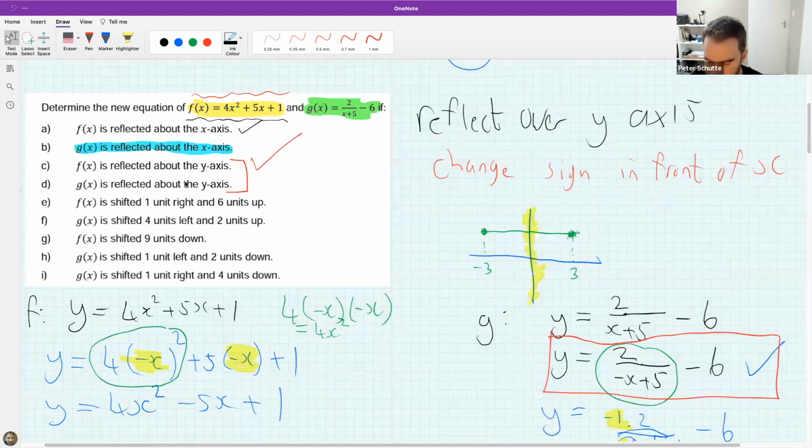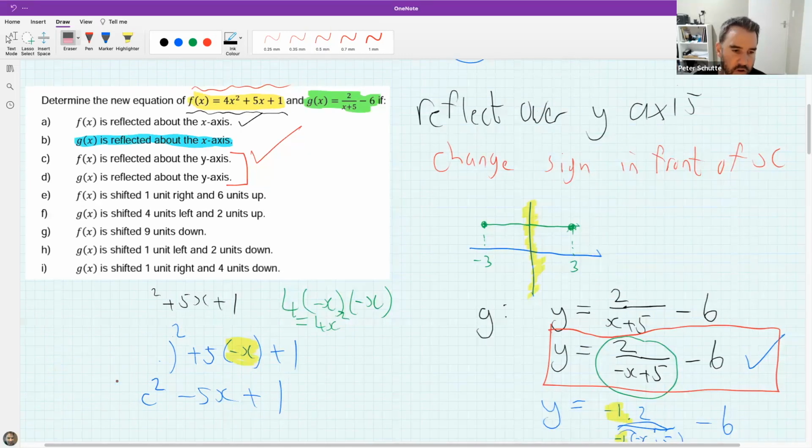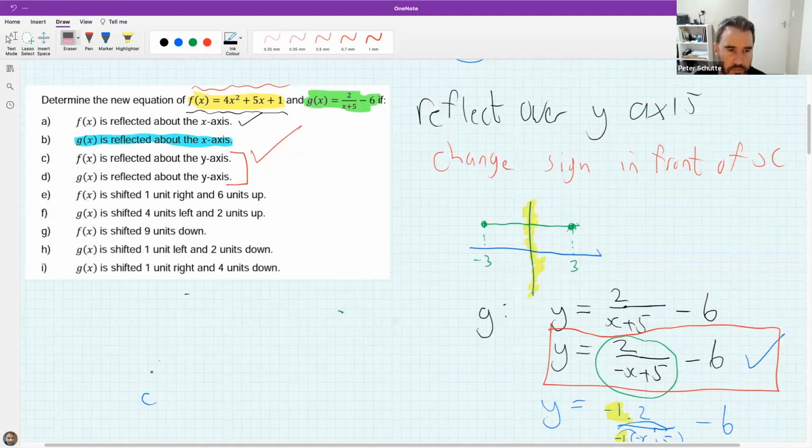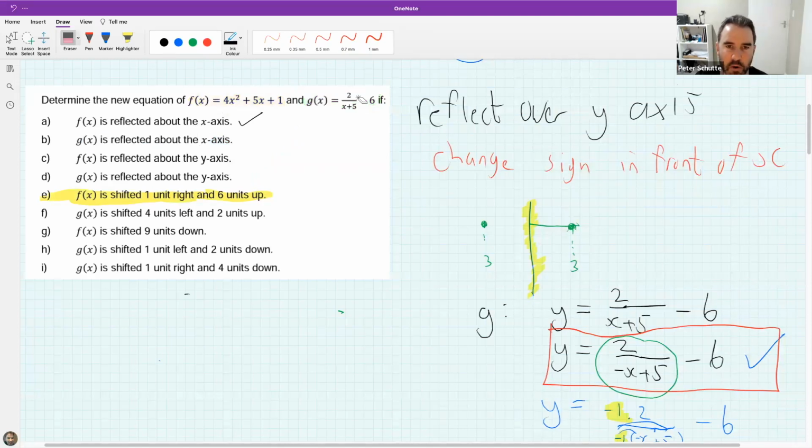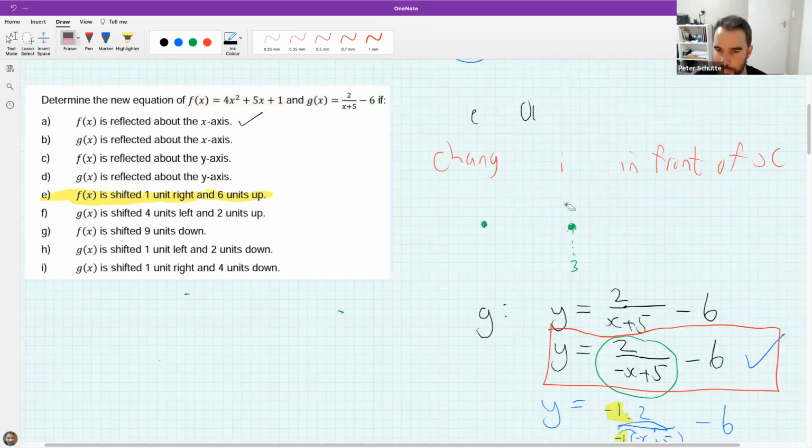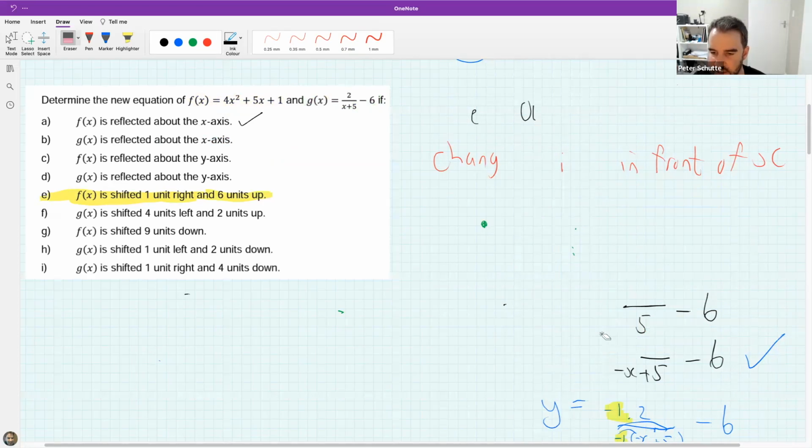So now, instead of doing reflections over the axes, we're going to do shifts or transformations. Well, I suppose they're both transformations, but these are going to be shifts left or right or up and down. So I want you to just have a go. I'm not expecting you to get it right, but the question is, if f of x is shifted 1 unit to the right and 6 units up, what is the new equation of f of x? And I'll give you a bit of time. Just think about what I've spoken about today, and then I will give you some help in a little bit of time. But do the highlighted in yellow one for me